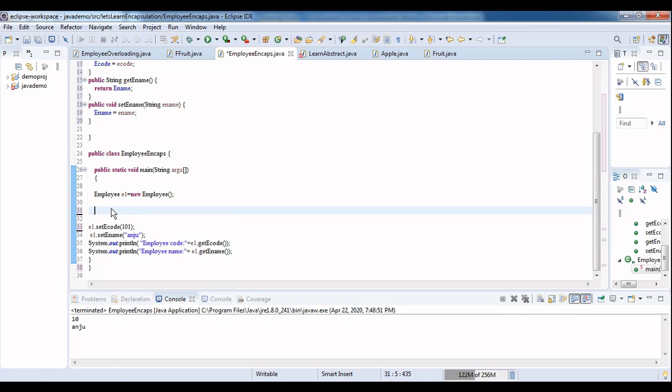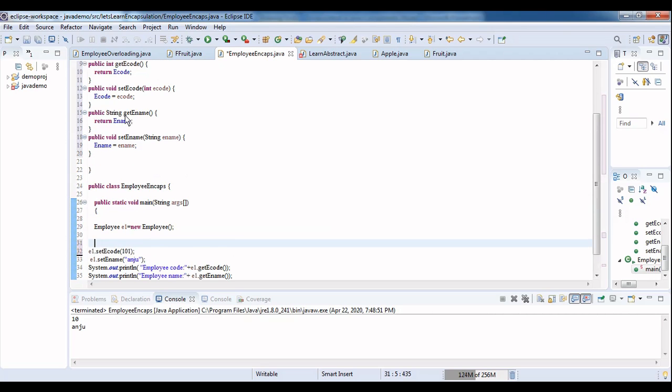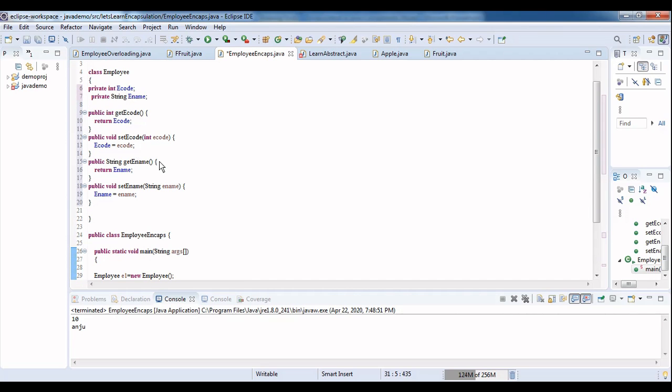I will create an object variable for this. Then I can call set code. I have employee code and employee name, right? So totally there are four methods that have been created: two setters, two getters. To get the value, to read the value. Set is used for write only purposes. Get is used for read only purposes.